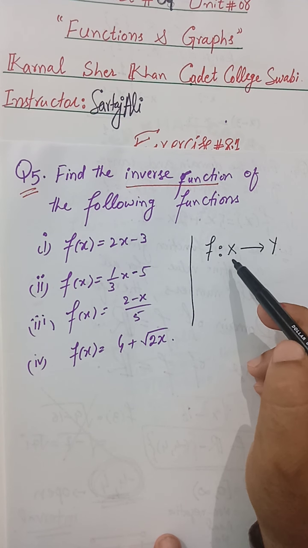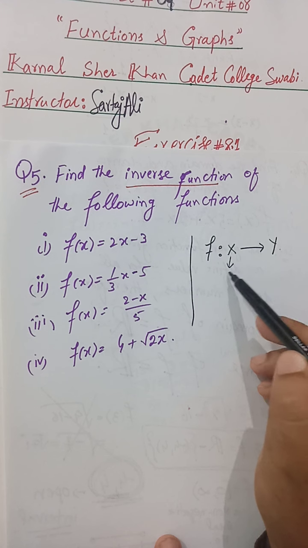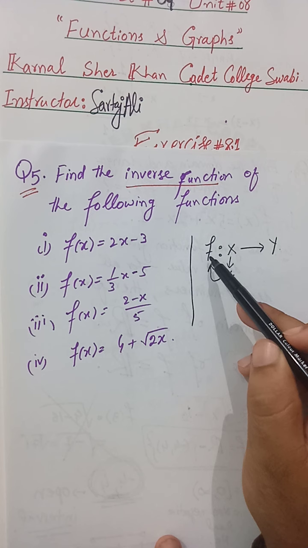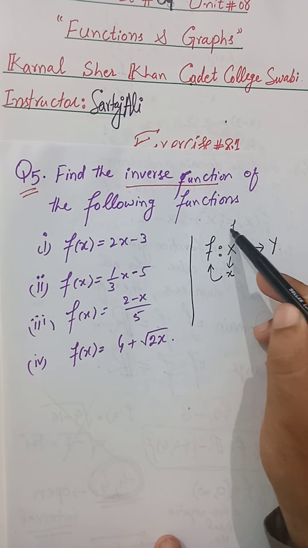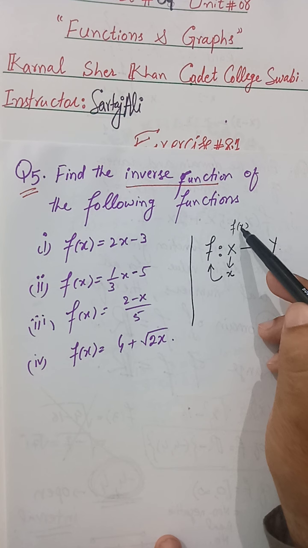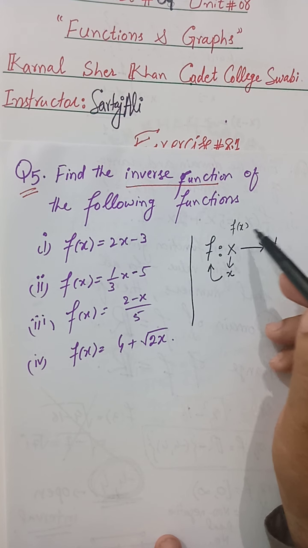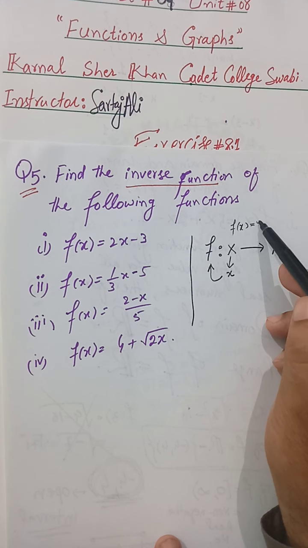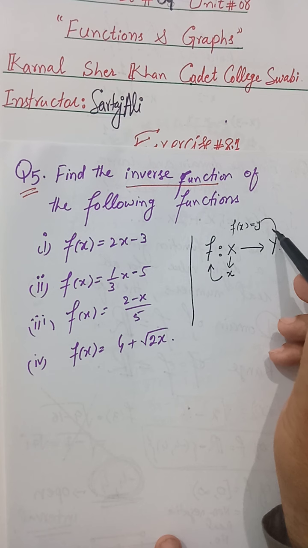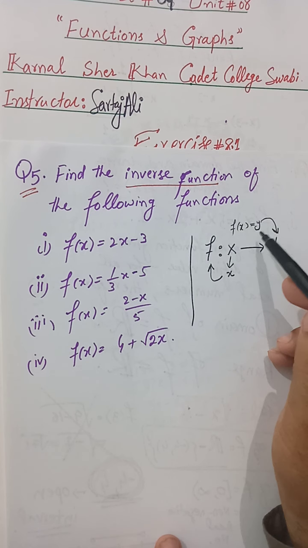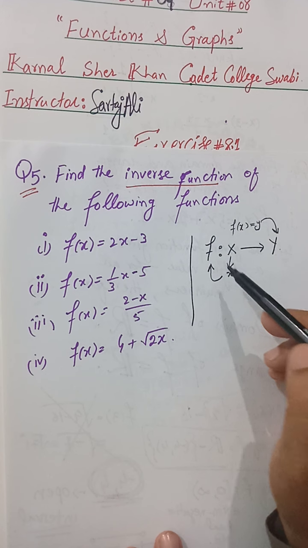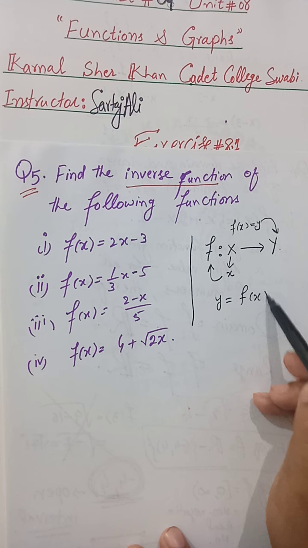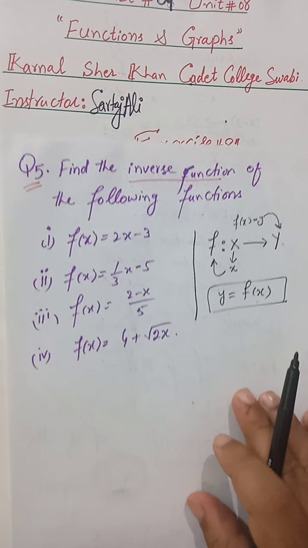Usually we denote it: when I take a value x from the domain set and give it to the function f, that becomes f of x, meaning this function is operating on the argument x. This gives you a value, let's say y, in the range set Y, and that y must be unique for the arbitrary x. So this relation is called a function. Usually we denote f of x by y.